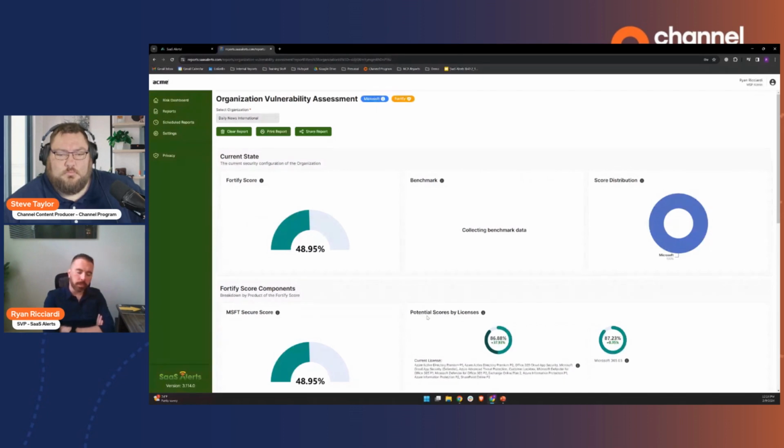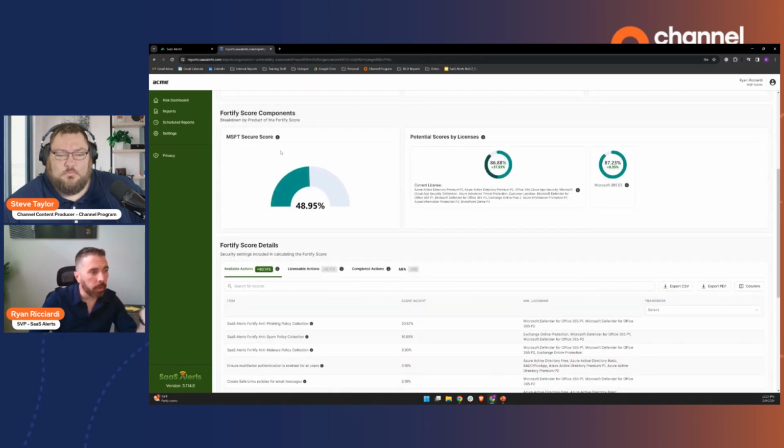What we did is we built an organizational vulnerability assessment report that pulls in the information from Microsoft, and very soon we'll do it from Google and all the other SaaS applications that we monitor, and tells you what their secure score is currently, what their license levels are currently, and how many more points you could potentially add to their score without them spending any more money.